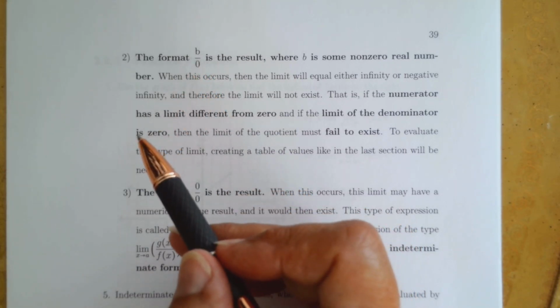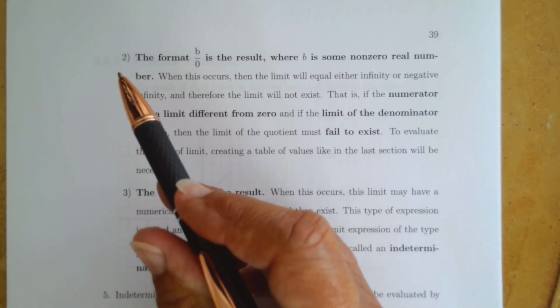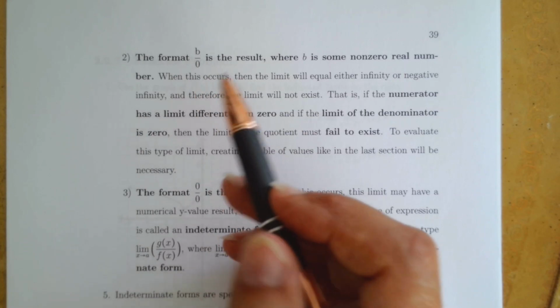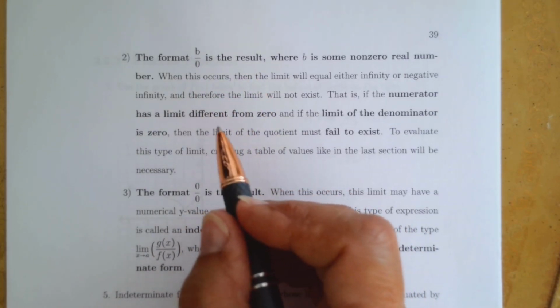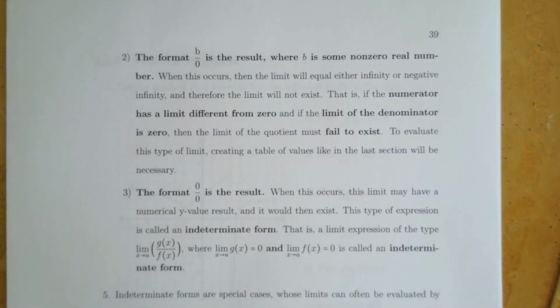So remember, number 1, we're going to plug in the number and get a value, and that's our answer. Number 2, we're going to plug in the value and come up with a number over 0. That means our limit does not exist. We just need to know, is it going to positive or negative infinity? And then the third type